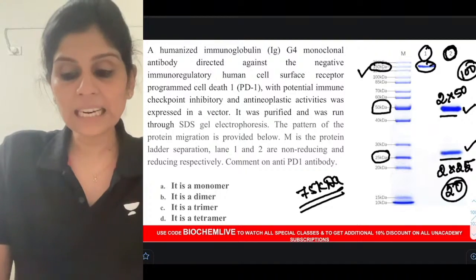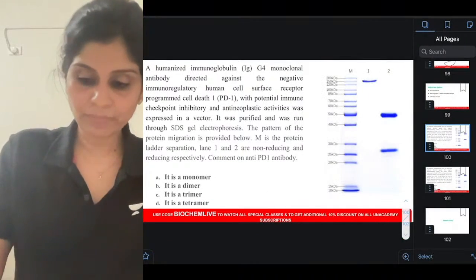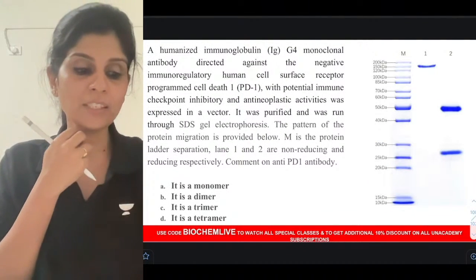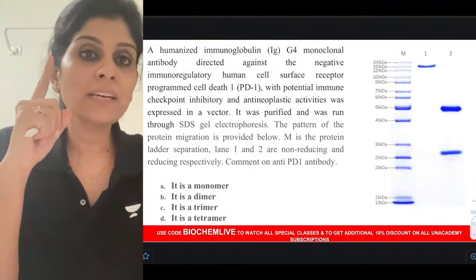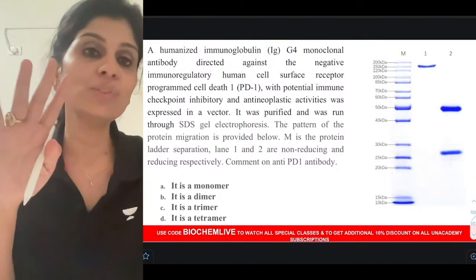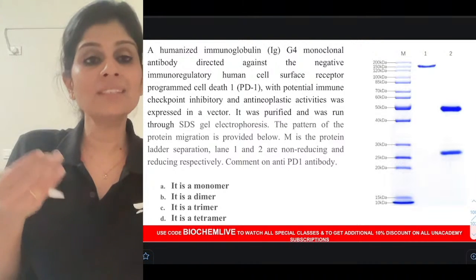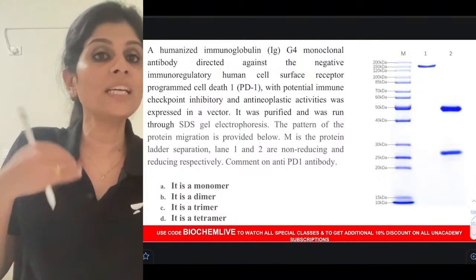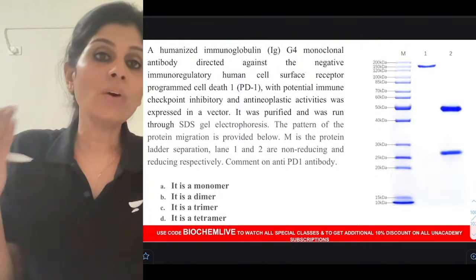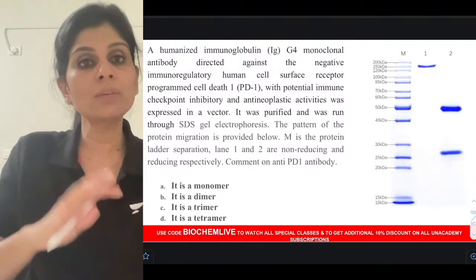So this is called the reducing type of SDS-PAGE. Do you all understand this? So what is reducing type of SDS-PAGE? First, about SDS-PAGE: SDS-PAGE separates proteins based on molecular weight. That is just an SDS-PAGE, called the non-reducing type of SDS-PAGE. And the derivation of non-reducing type of SDS-PAGE is reducing type of SDS-PAGE, where you treat the protein not only with SDS but also with mercaptoethanol. What does mercaptoethanol do? It reduces disulfide bridges so that individual subunits will become free.